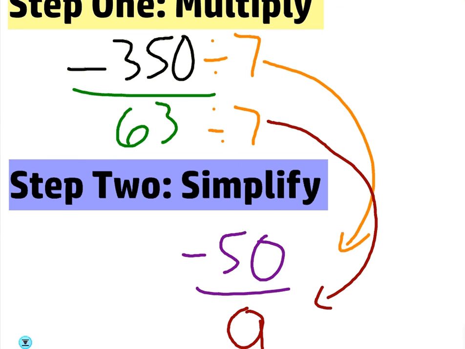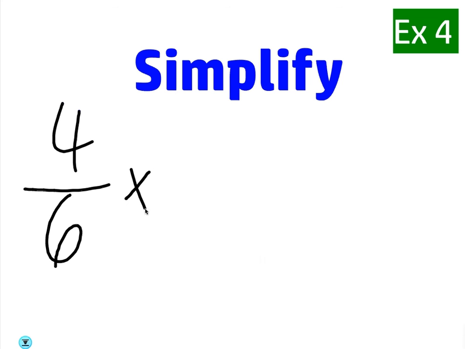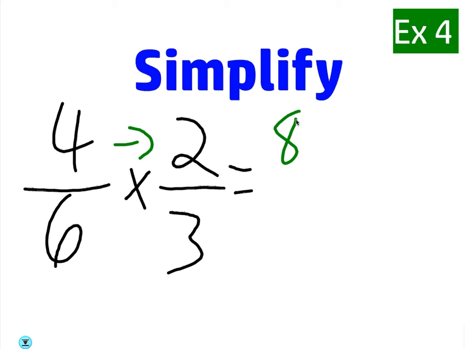We'll do one more. I will get your participation on this one. Just raise your hand if you want to give me a fraction. Anybody want to share a fraction? Just raise your hand. Yes. 4 over 6. Okay, good. 4 over 6. And what you got? 2 over 3. All right, so we're going to multiply straight across. 4 times 2 is 8. And 6 times 3 is,